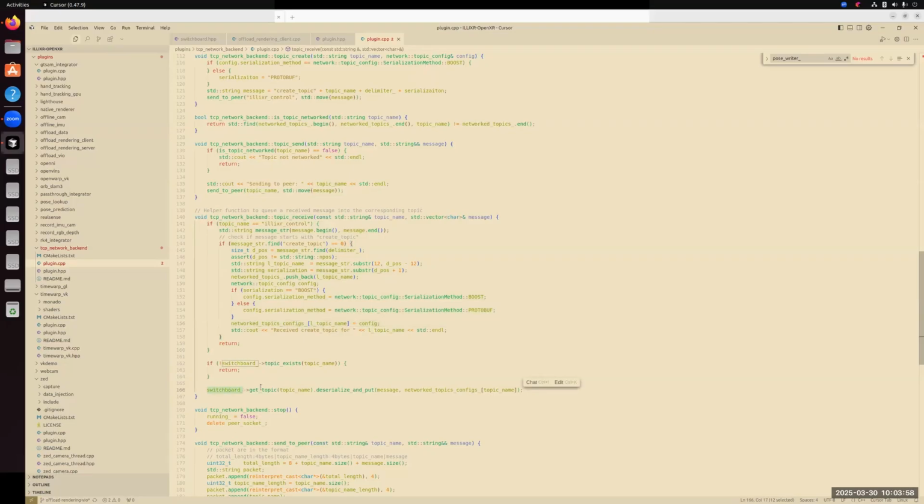Here, what we would do is get the topic from Switchboard, and call the deserialize and put function, passing in the message and the hints, the net topic configurations that we previously recorded. And the message here, as you can see, is also a byte array, and Switchboard will deserialize the message first and put it into the corresponding topic.